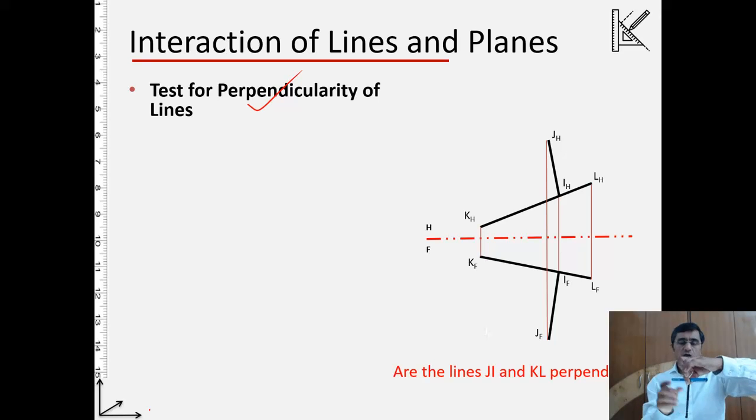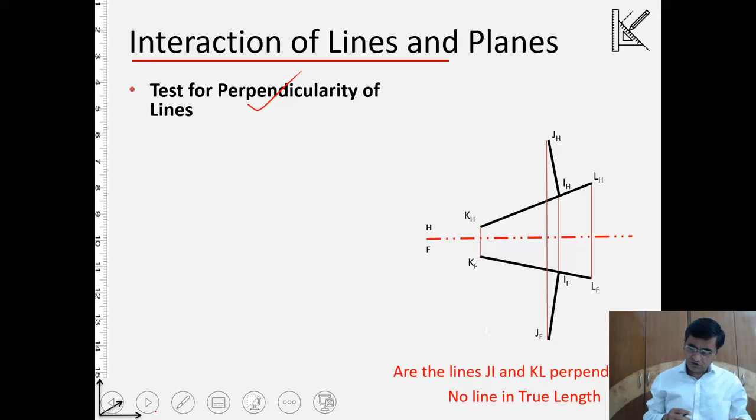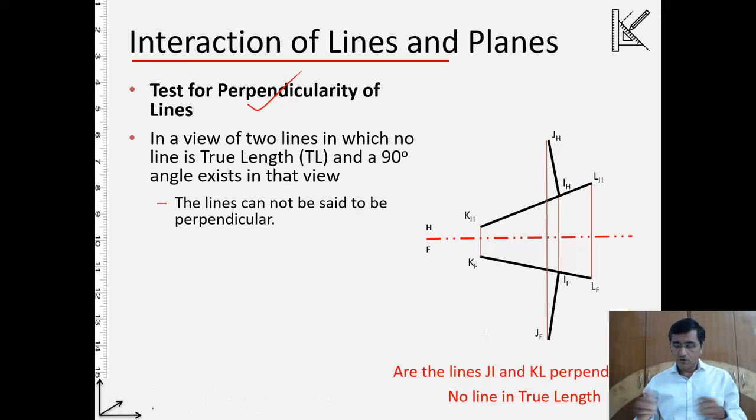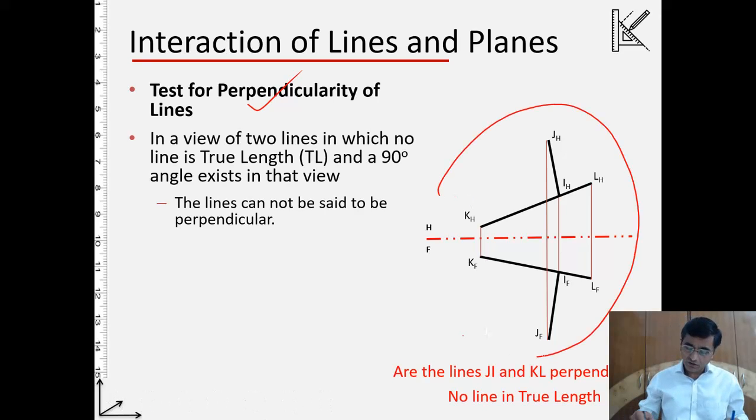One more thing, if you see this from the top view in the horizontal plane, this black line will appear as a point view and will be connected to the blue line. So these are the tests for the perpendicularity of two lines. Now I just record this, to test whether these lines are perpendicular or not.